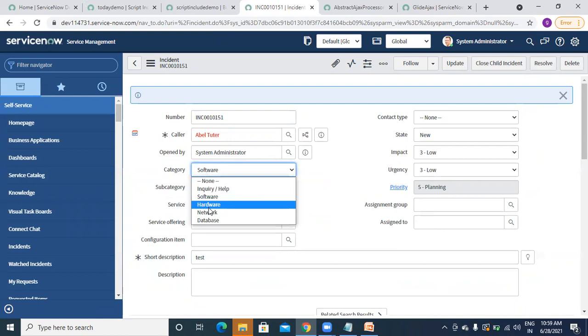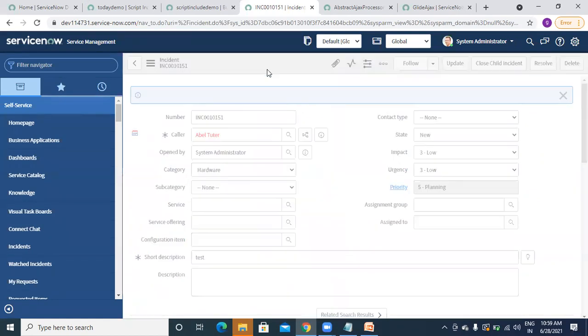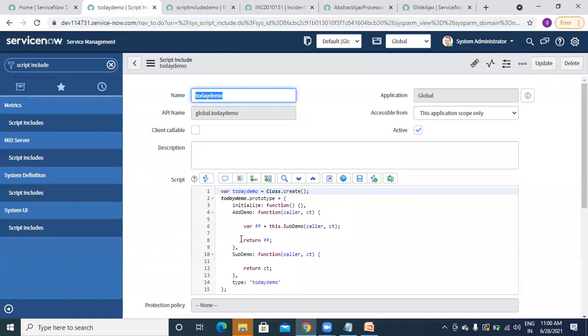So I am giving hardware now. So let's check. So see hardware, right? And what we are doing here, we are calling one function from another function. Okay. So clear how we can call one function from another function.